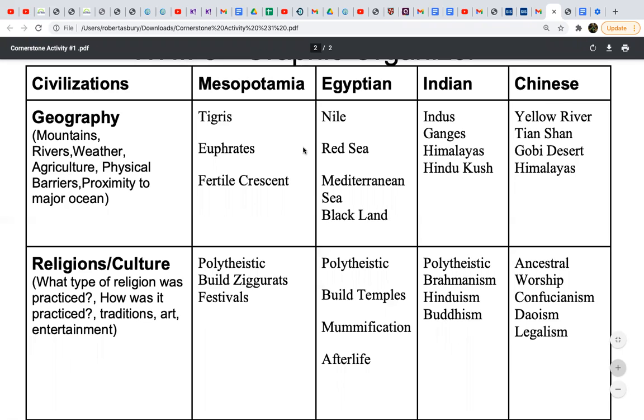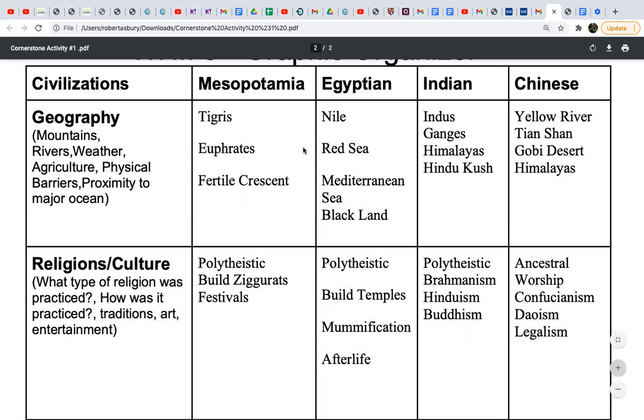Mesopotamia is basically the land between the Tigris and Euphrates, the land between two rivers. It's located in the Fertile Crescent, that fertile arc of land that's shaped like a half moon or a crescent, where you have extremely fertile land. All right. The geography, and we'll go into more details, very flat land and all that good stuff, when we look at the notes.